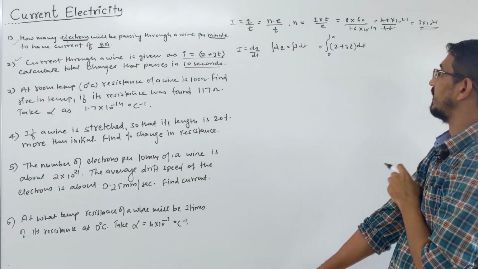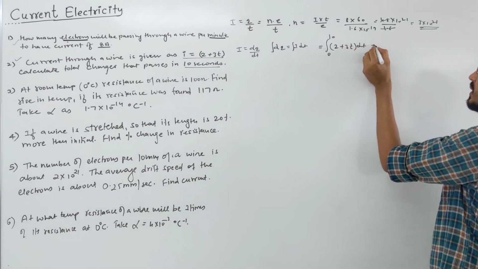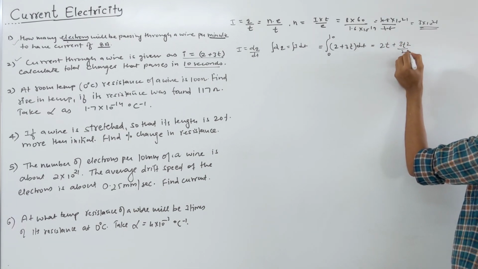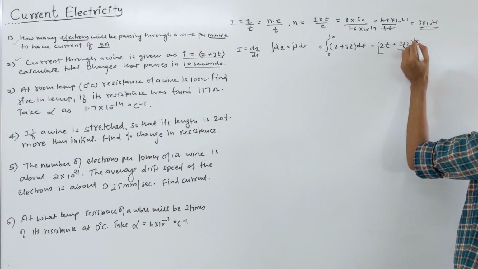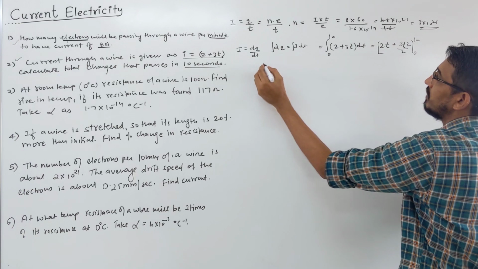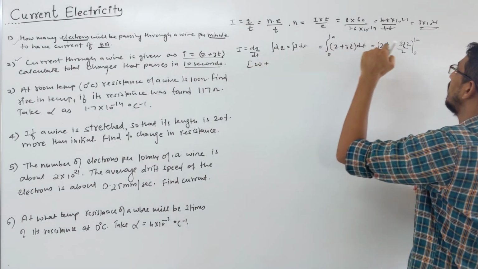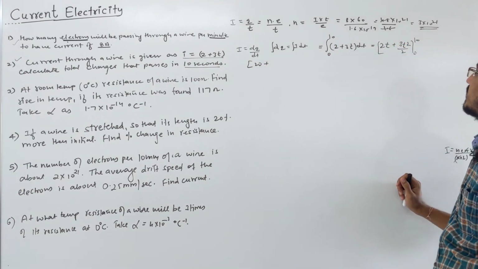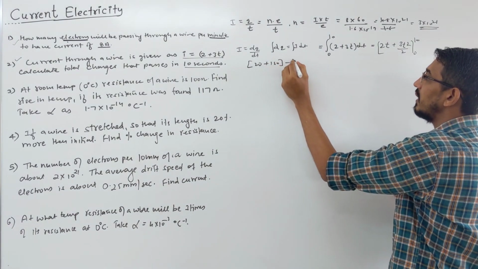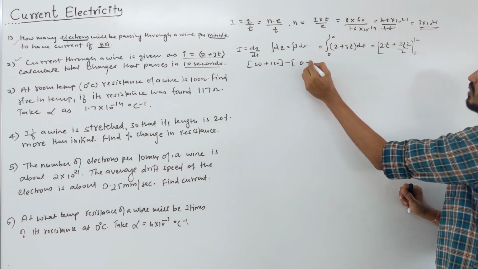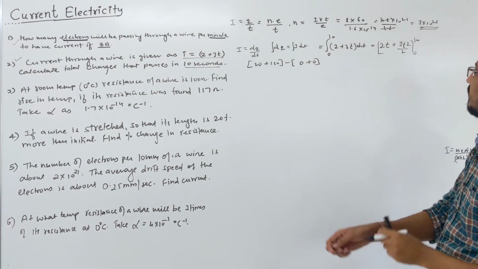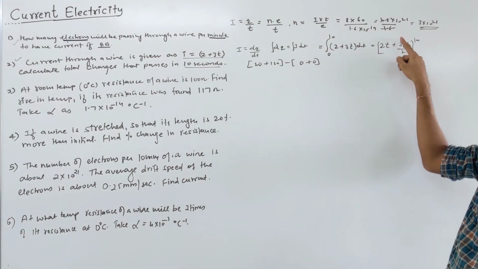Okay, first 10 seconds. Let's integrate this. 2 becomes 2t, and 3t becomes 3t square by 2, from 0 to 10. Let's put in these limits. When you put 10, this becomes 20 plus 10 square, 100, by 2 is 50, so 150, minus the value at 0, which is 0. So I think I did it correctly. Let's check once more: 2t and 3t square by 2, correct.